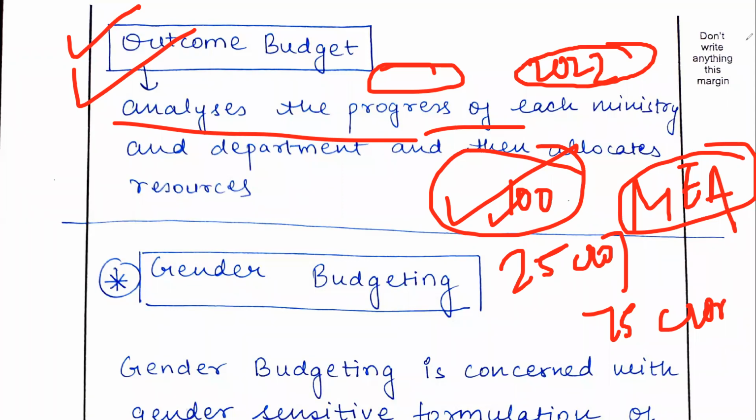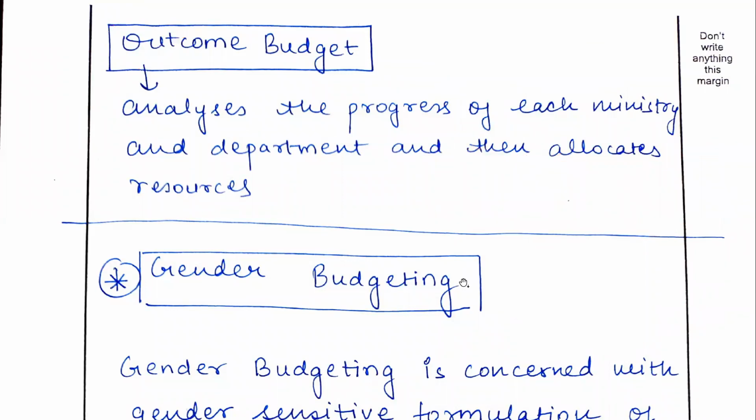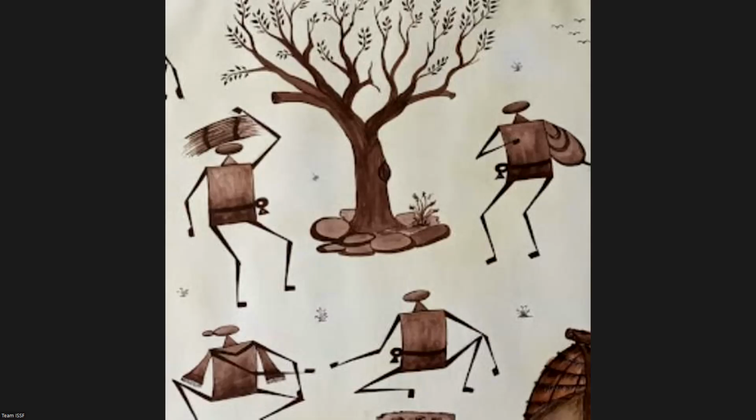Okay, so next we have to do the gender budgeting. So gender budgeting basically came, I think gender budgeting came in 2020 or 2021. GS3 में आया था, direct question था. So we'll discuss this in detail tomorrow. Okay, I think